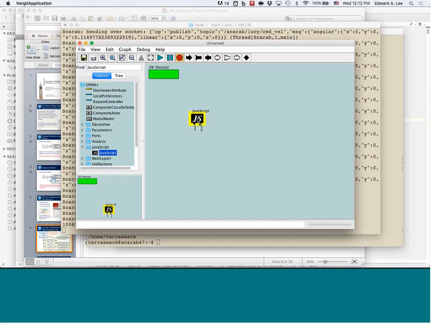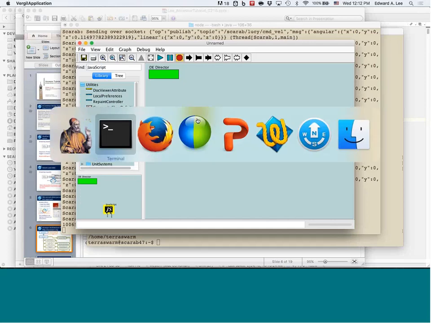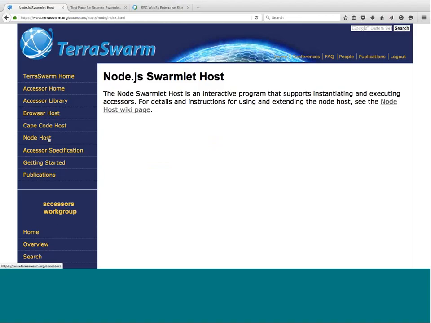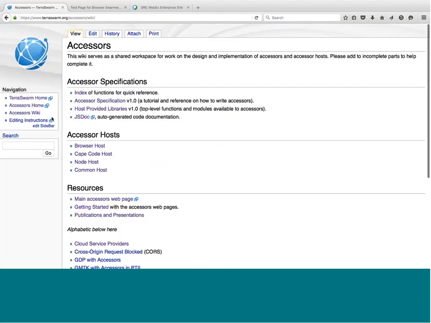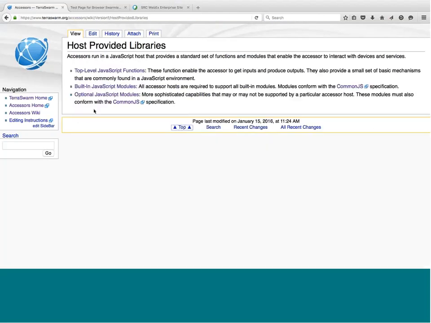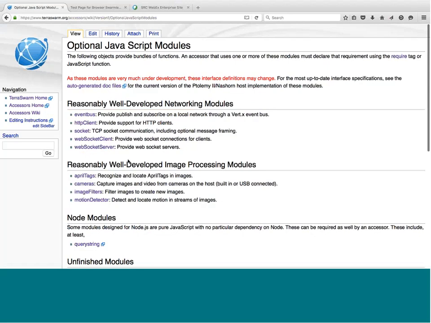For this server, a chat application is going to need network access. So I now have a choice. I can go back to my wiki page and see what modules are available. Okay? So I can see some networking modules. There's an HTTP client. Well, that's not going to work. A chat server isn't an HTTP client. If anything, it would have to be an HTTP server. The TCP socket client might be a reasonable choice, but